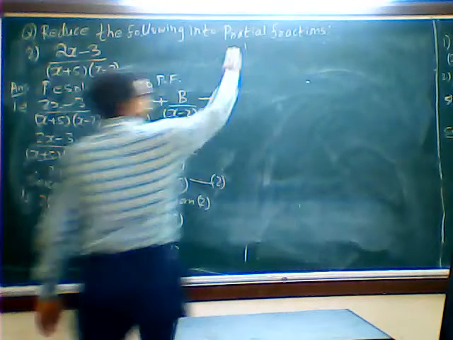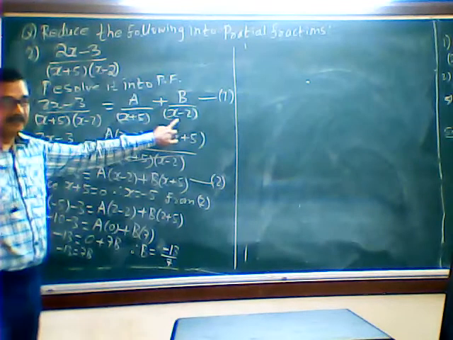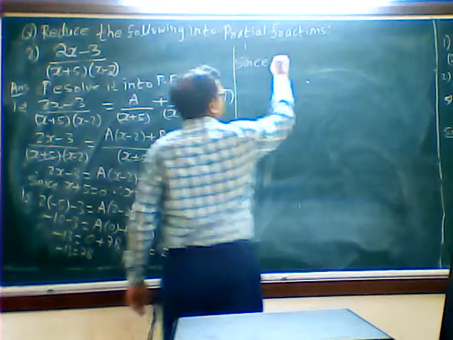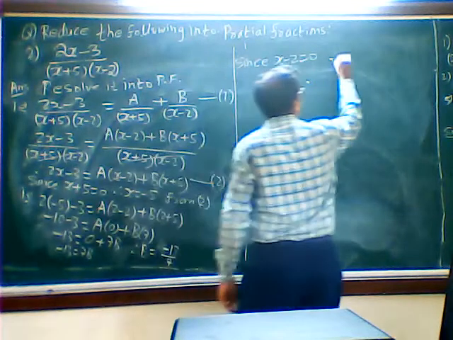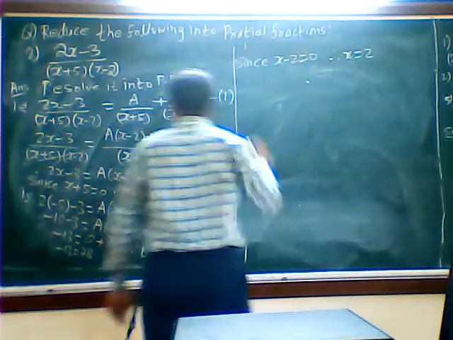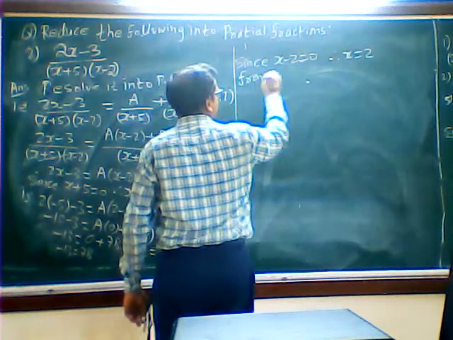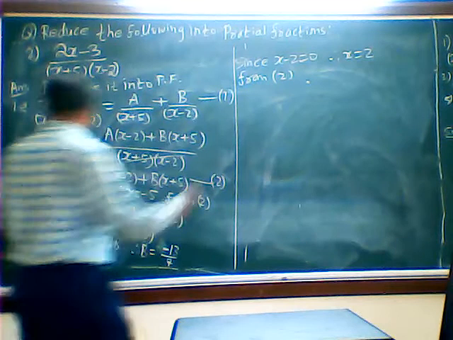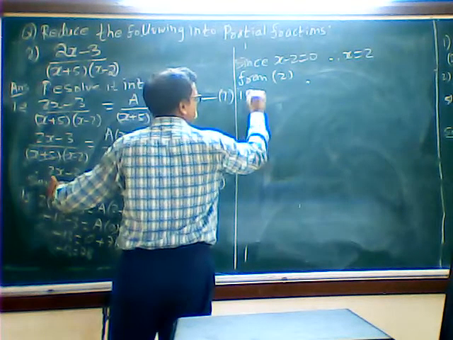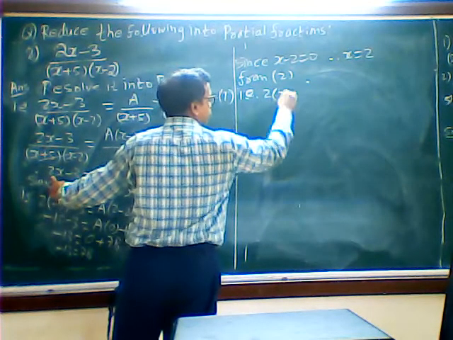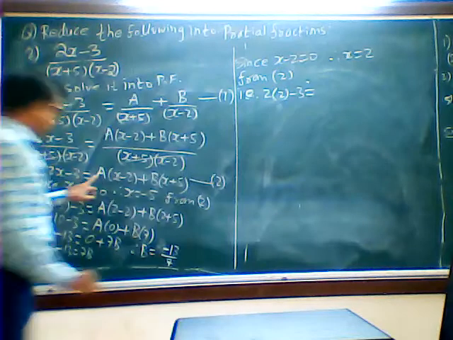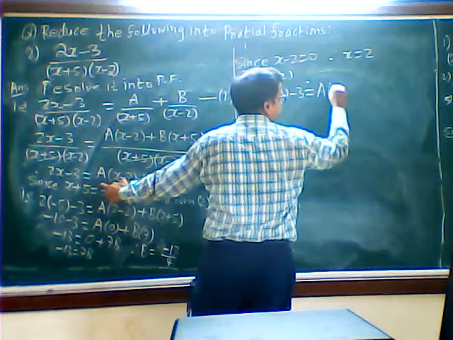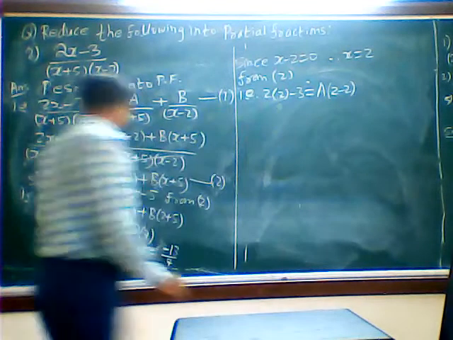Next, I'll say here, since x minus 2 is equal to 0, therefore x is equal to 2. Again I'll say from 2. From 2 means this equation. That is 2x minus 3, equals A into x minus 2, 2 minus 2 will come, plus B into